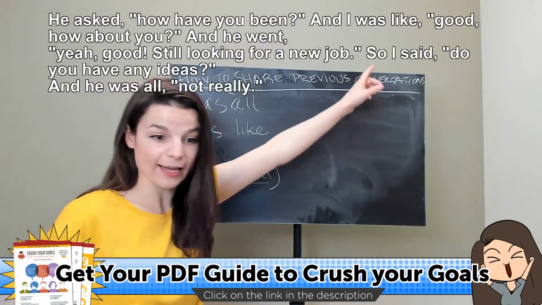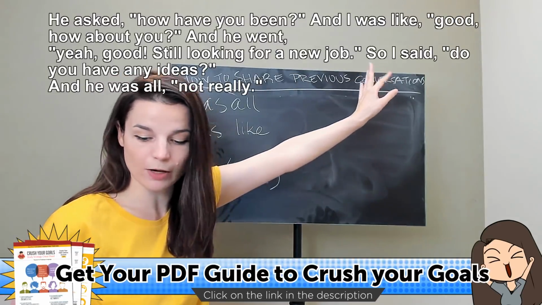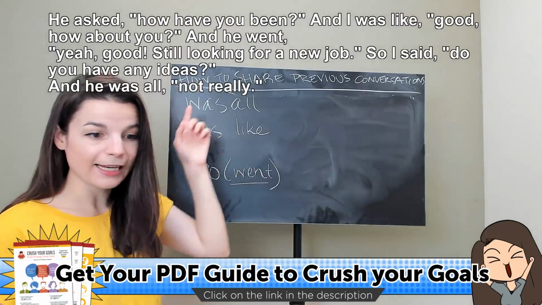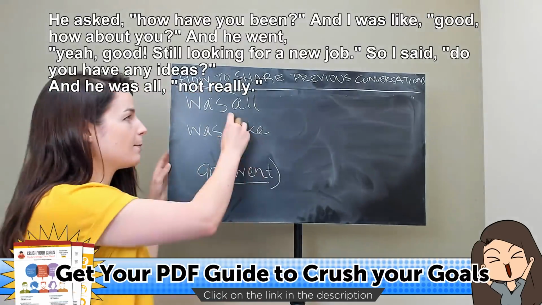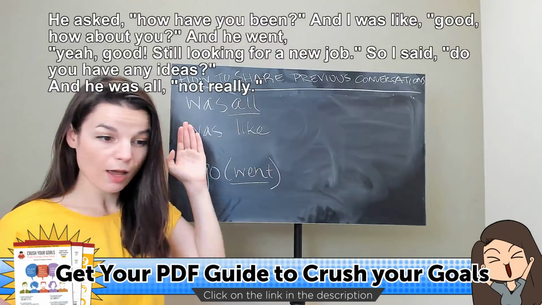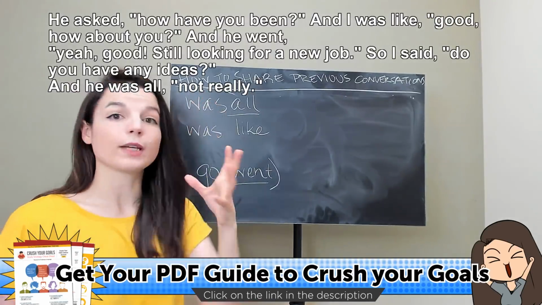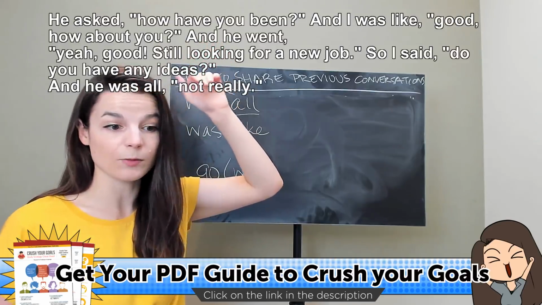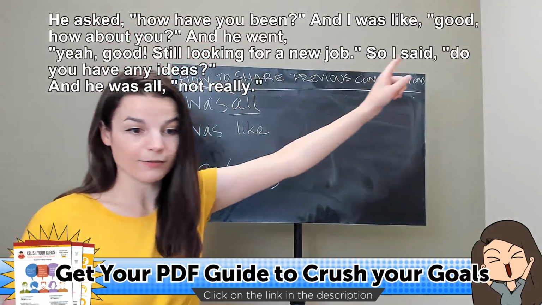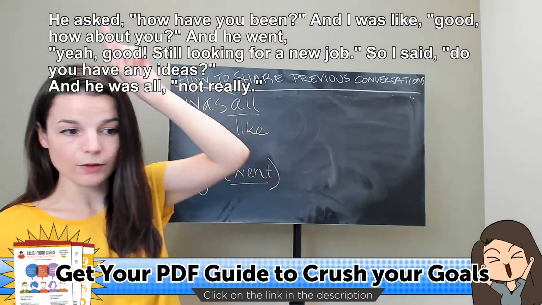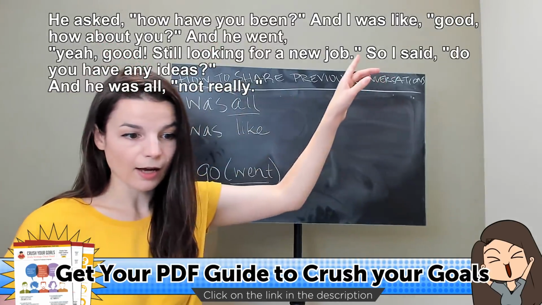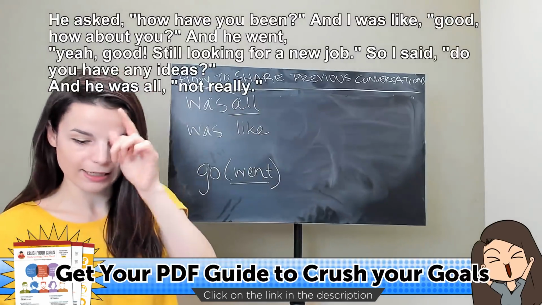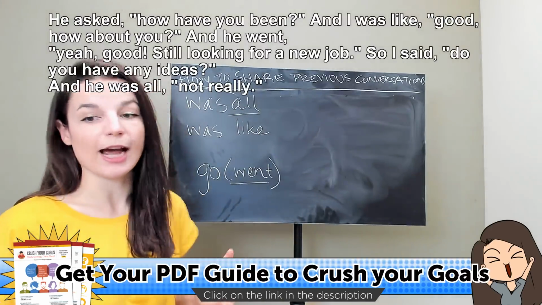So I said, so here's one example, just a very neutral said, do you have any ideas? And he was all, so here I'm using all, he was all, not really. So you can see in this example dialogue, this is very typical of a native speaker. We mix all of these together. So I've used asked, was like, went, said, and was all here in this case to express a very casual